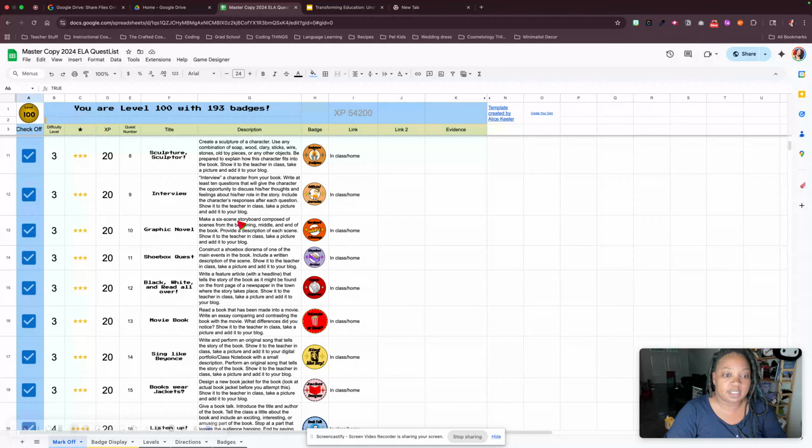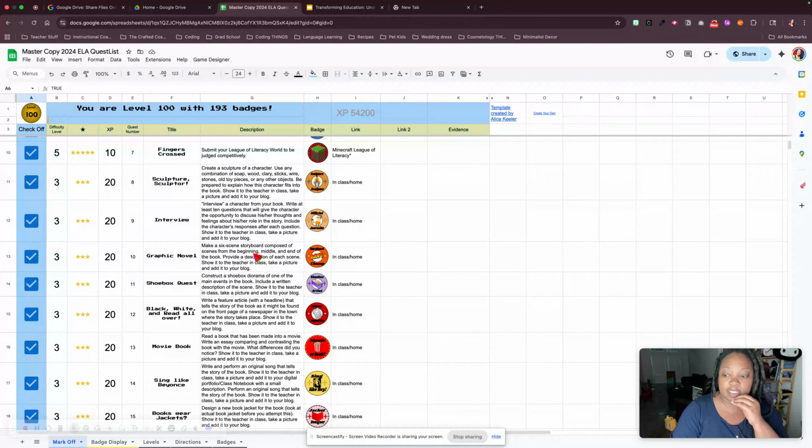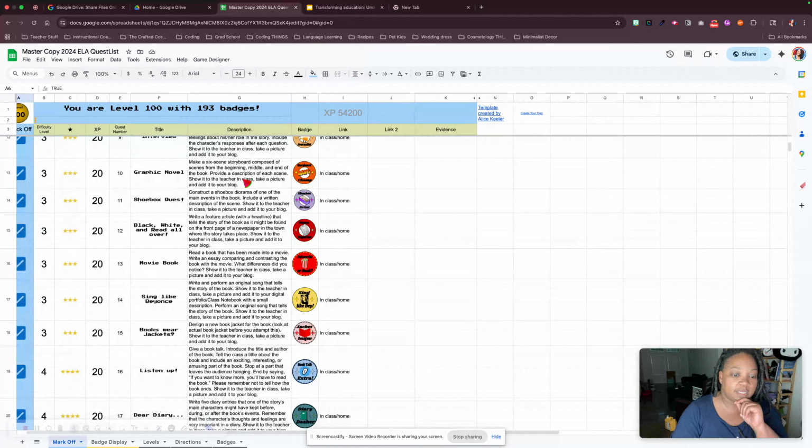Another one says make a 6-scene storyboard composed of scenes from the beginning, middle, and end of the book. That is something students could do if they are interested in storyboarding or stop motion films as they become older. They have the opportunity to interview a character, to create a sculpture. So these are some of the project-based activities that we have: writing and performing an original song, designing a